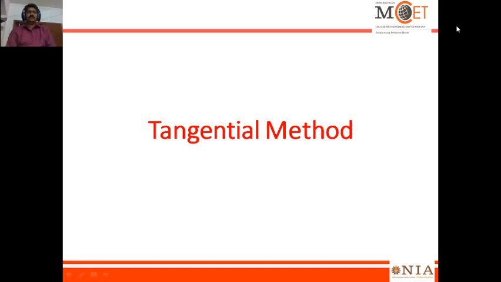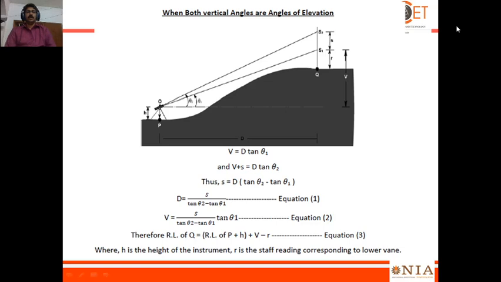Hello friends, next method is the tangential method, which is the last method in tachymetry. We are going to see the difference between the stadia method and the tangential method. In the tangential method, we require the normal theodolite,